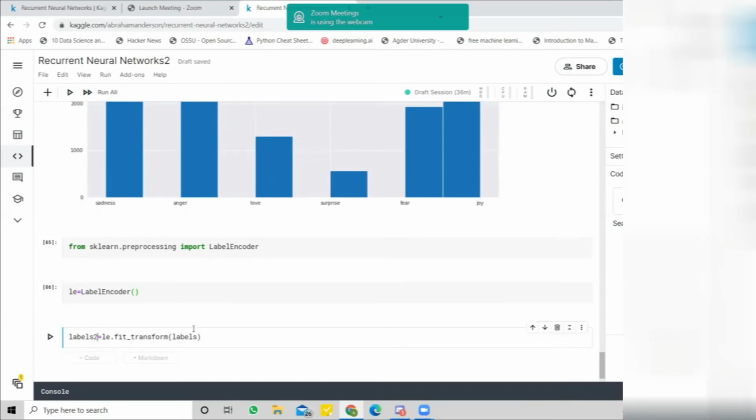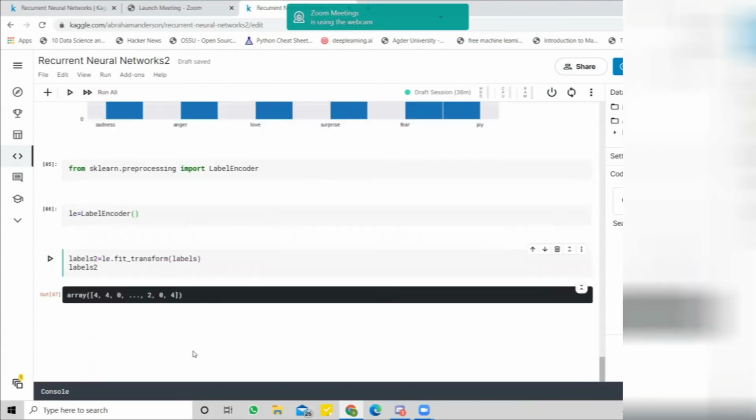Maybe we need the string version of the labels in the future, because after this transformation we will get numbers, not strings. So yes, this is an array. It has transformed every label, sadness, love, joy, or something else, into numbers. From the beginning 0, I think the last one is 5.